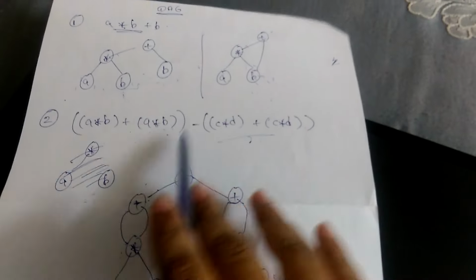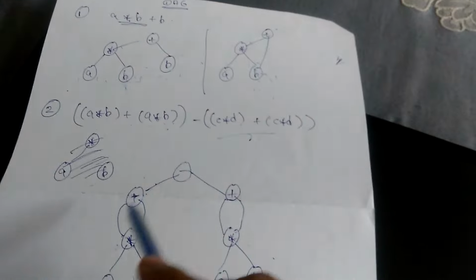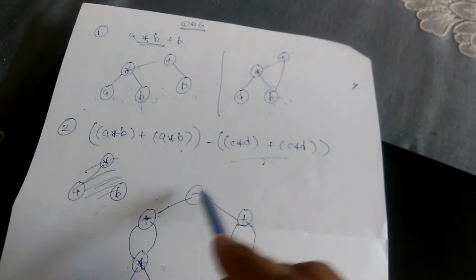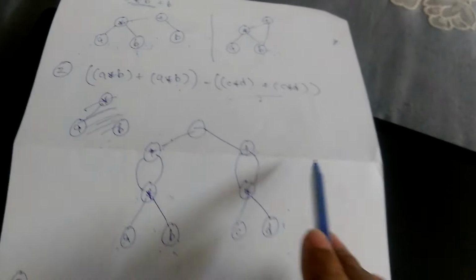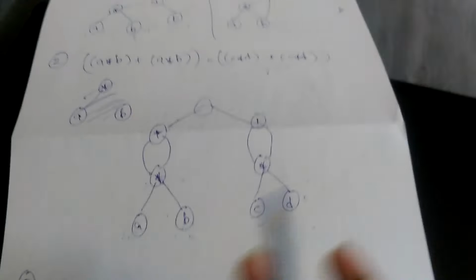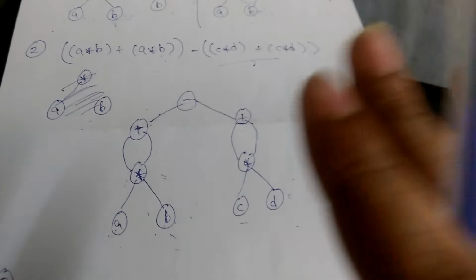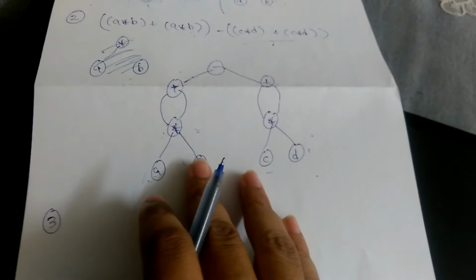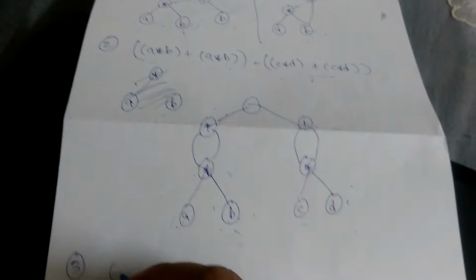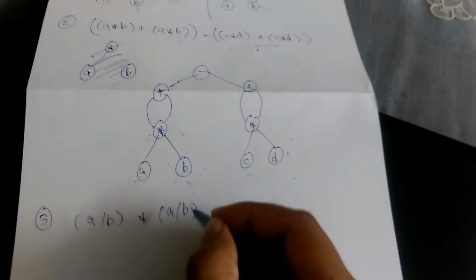Then these two brackets will be connected by minus. So we have connected it through minus, and again join these two brackets. So basically it's simple. It is a DAG representation. Just remember that it is the optimized version of the tree which we usually take. Now let us take the third example as a divided by b into a divided by b